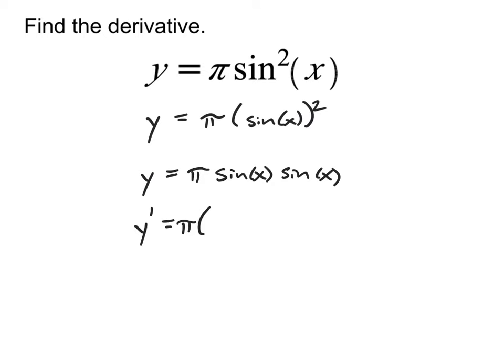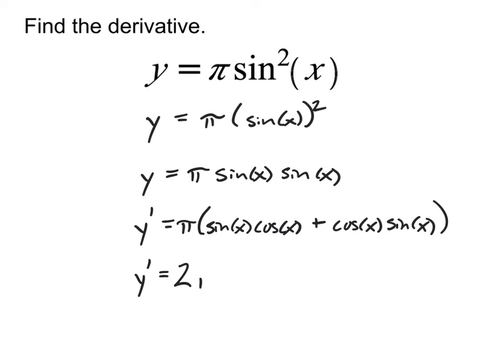So I'm going to do the derivative of sine times sine. So that's original sine of x times the derivative of sine, which is cosine of x, plus the derivative of the first sine, which is cosine of x, times the original. But of course we can clean this whole thing up a bit, right? And so y prime actually equals, well, the sine x cosine plus the sine cosine is 2 times sine times cosine, and multiply that by pi, so we get 2 pi sine x